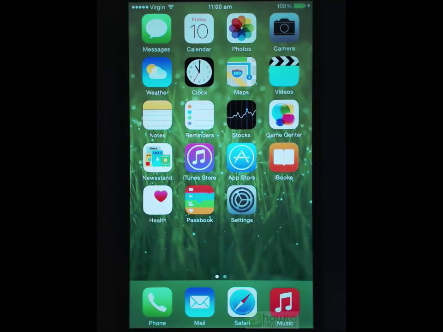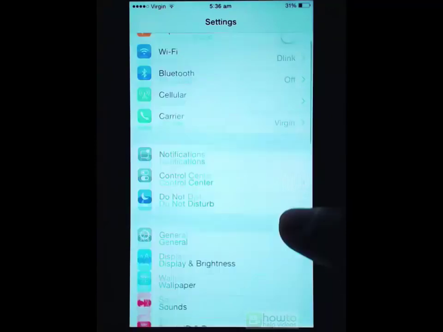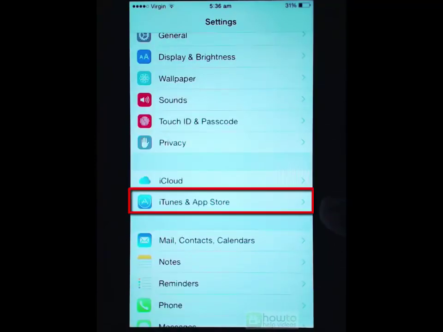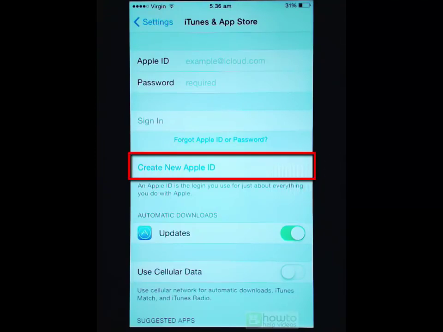and you can create your Apple ID beforehand by going into settings, and then if you scroll down you can go to iTunes and App Store. And if you've already got an account, you can just sign in here, or you can select create a new Apple ID. You don't have to do it from here. You can do it directly from the App Store when you're about to download. So if we just jump across and go to our App Store,